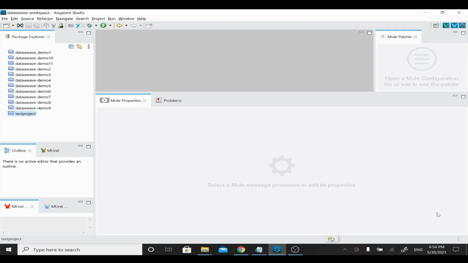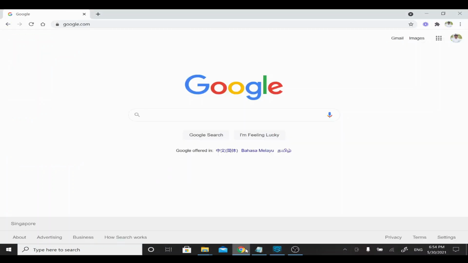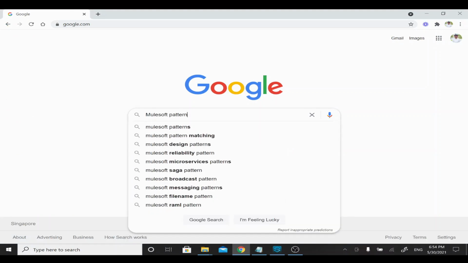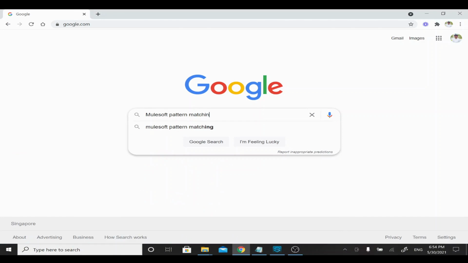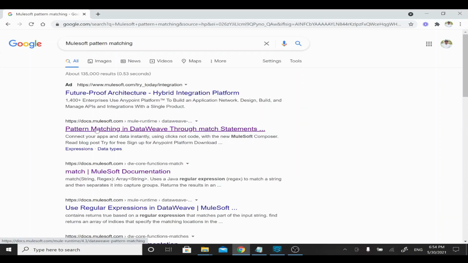Hi, in this video we are going to see DataWeave pattern matching. This is similar to switch case in other programming languages. So I'll just go through the official documentation first. MuleSoft pattern matching. So if you look at the official documentation,